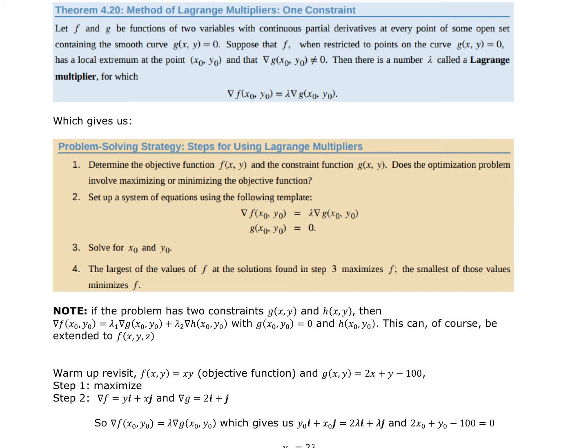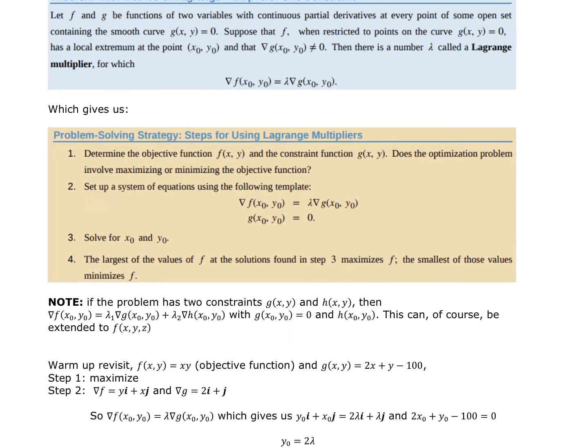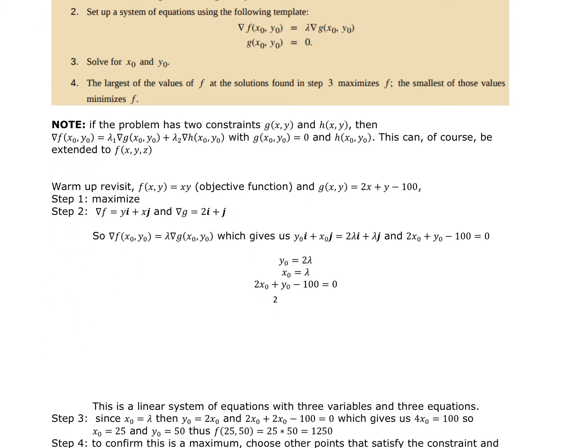So let's apply this problem solving, using the Lagrange multipliers, to our initial example. Now we know what our answer is, so that helps us, but it also takes something that is pretty straightforward in Calculus 1 or 2 and even in Pre-Calculus, and brings it into a much larger idea, which is the Lagrange multipliers. So our objective function was f of x, y equals xy. And our constraint was g of x, y equals 2x plus y minus 100,